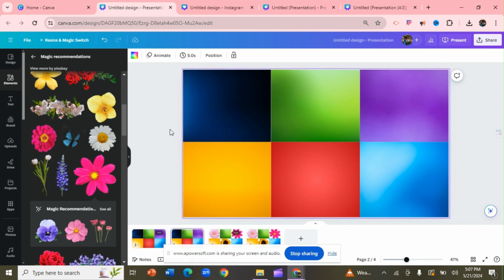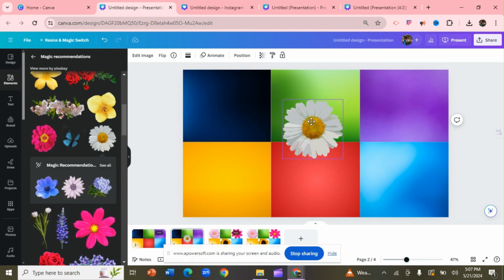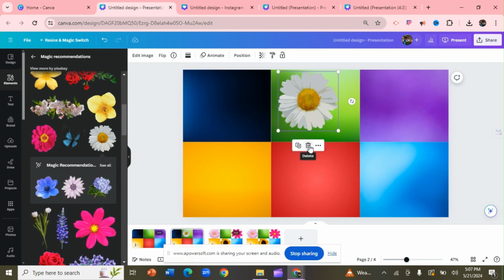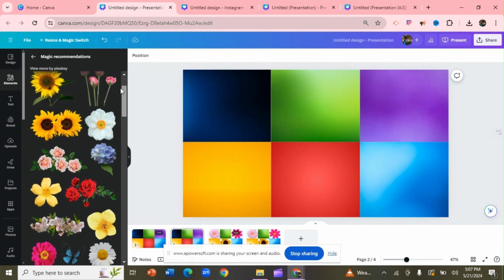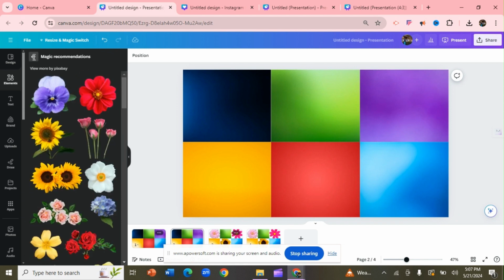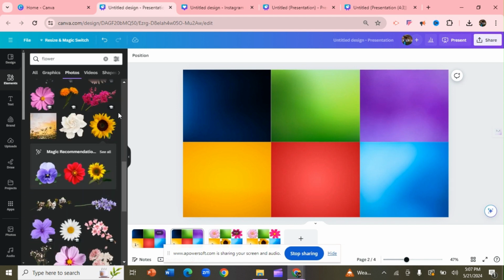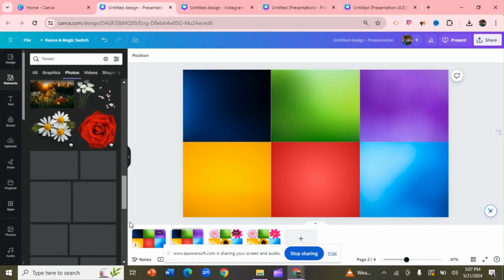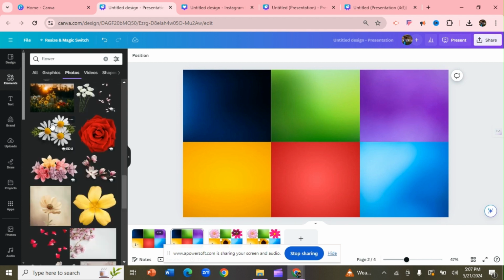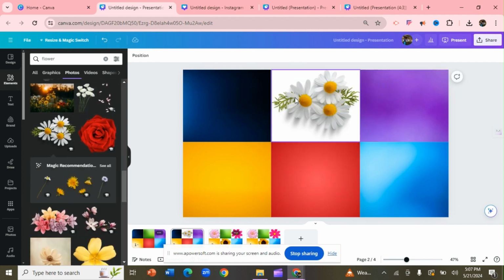Now I'm going to work on this page with a different pattern of flowers. I'm going to place it. Again, I want a photograph. I placed it here, and